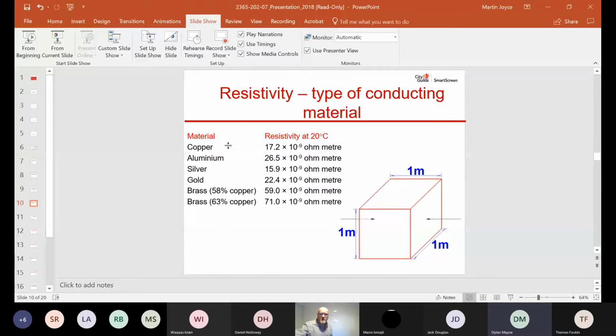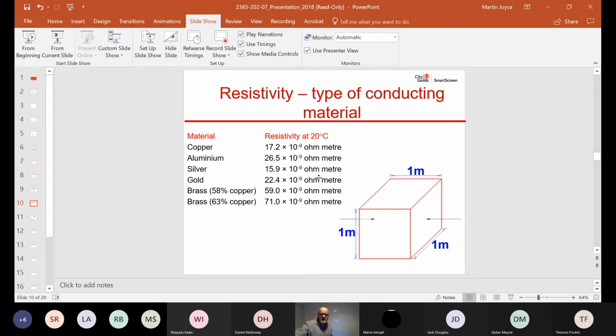We use copper for normal wiring, household wiring and small circuits, aluminium for the big circuits, and we're talking 60 mil, this is industrial. Silver is not as good as copper, but it doesn't tarnish as much. They use it in electronics. Gold, you've all got phones, and when people say you send your old phones back and they strip them down, there's gold, because gold is not as good as copper.